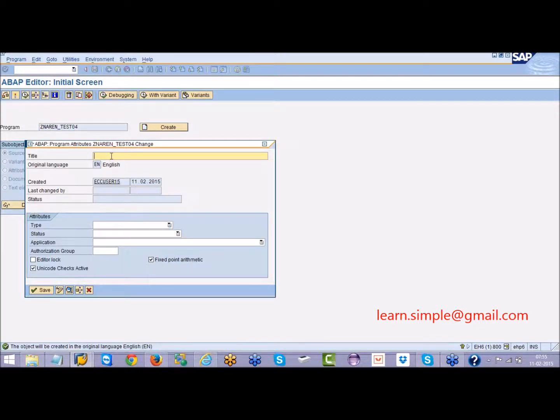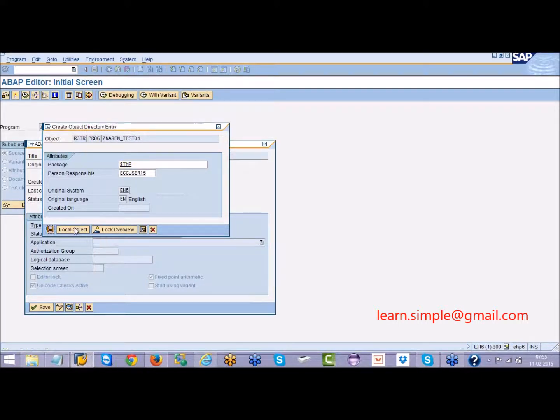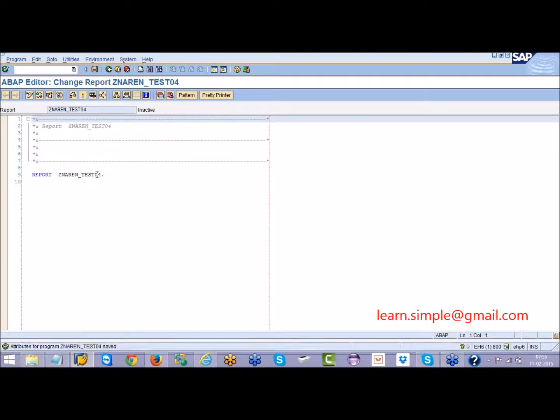So in this program I will try to work on condition statements. I'll declare parameters: num1 of type character, num2 of type character.